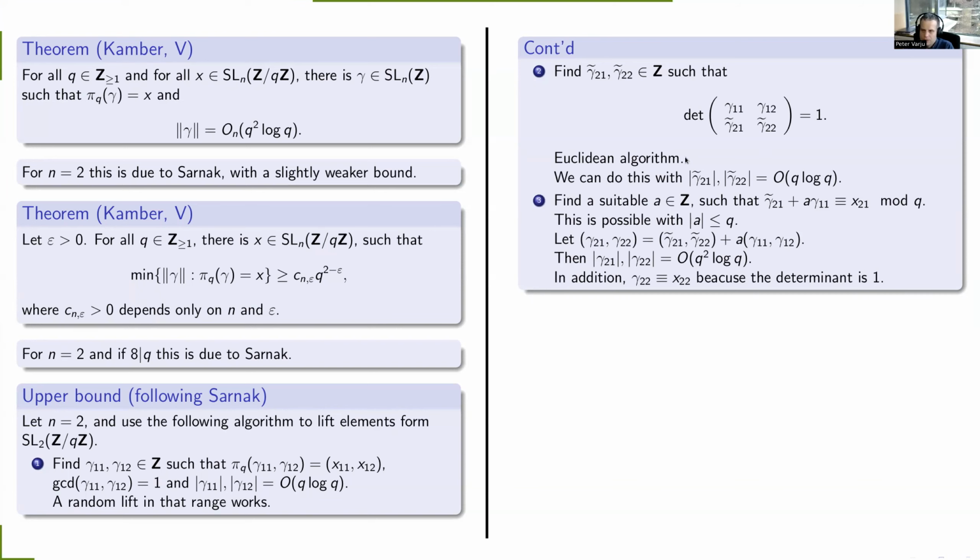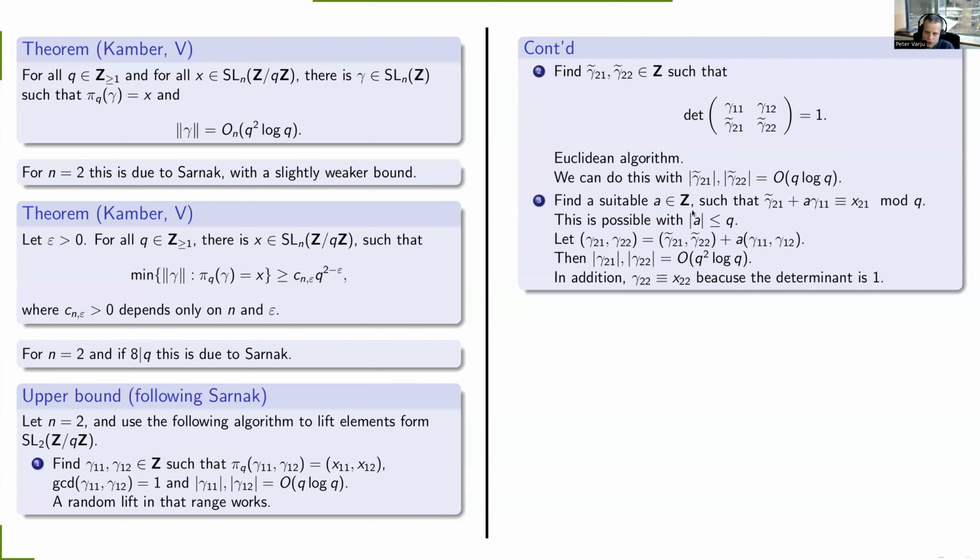Now we want to preserve the property that the determinant is 1, so what we are going to do is add a scalar multiple of the first row to the second row, and we are going to do this in such a way that gamma 2,1 will have the correct residue modulo q. So I need to find a suitable integer a such that when I add a times gamma 1,1 to gamma 2,1 tilde, I get something that has the correct residue modulo q. Now this can be solved,